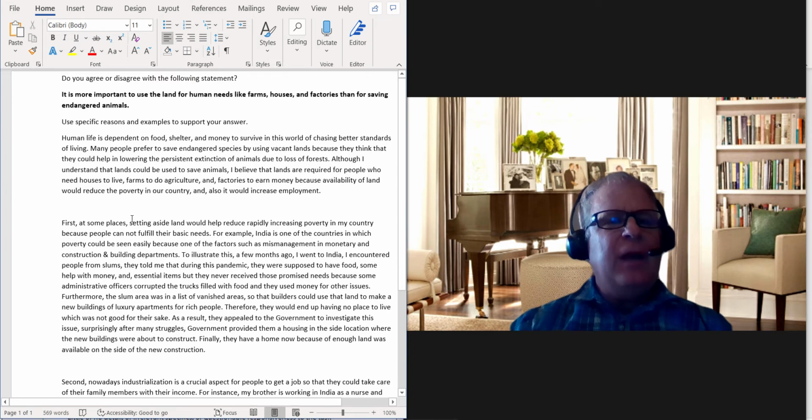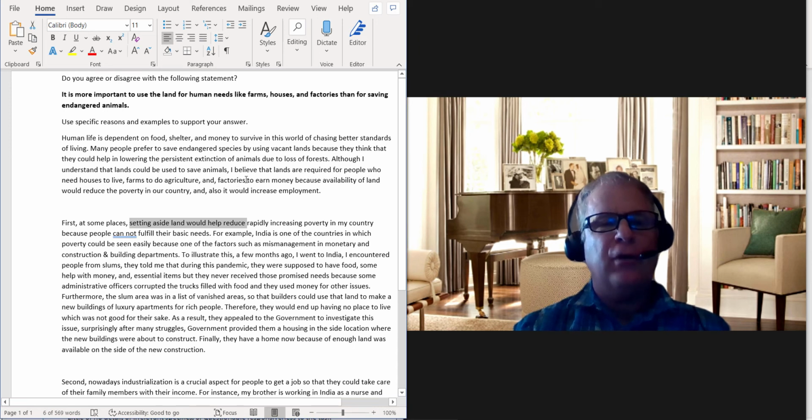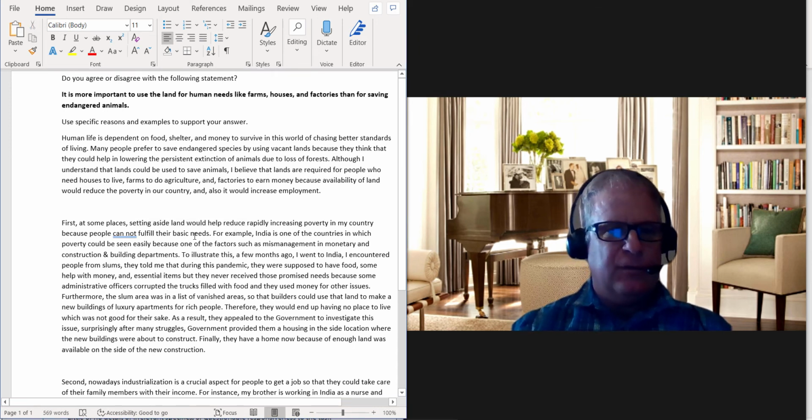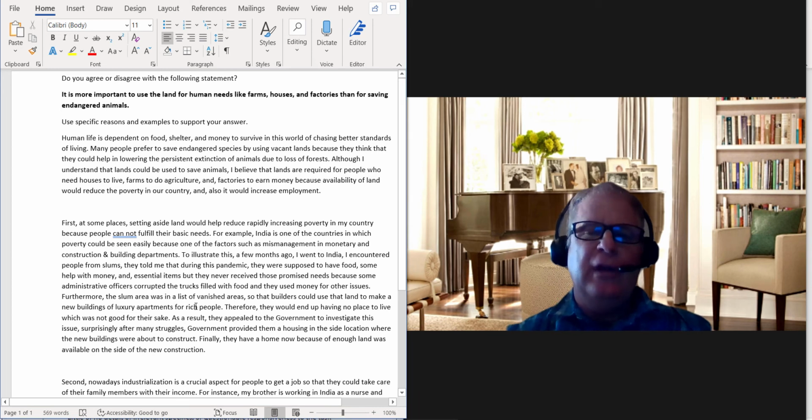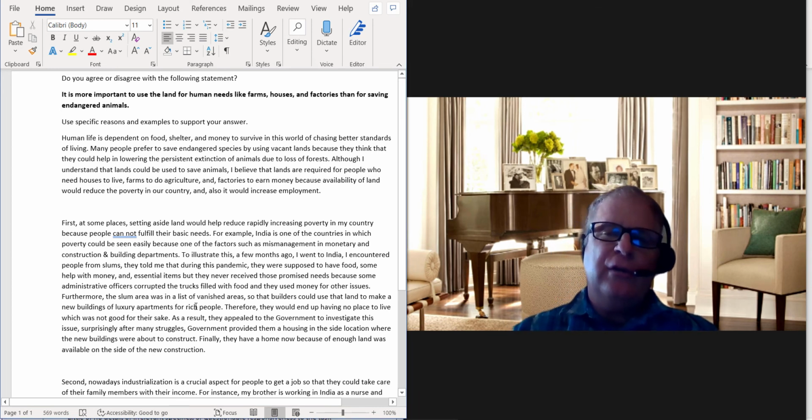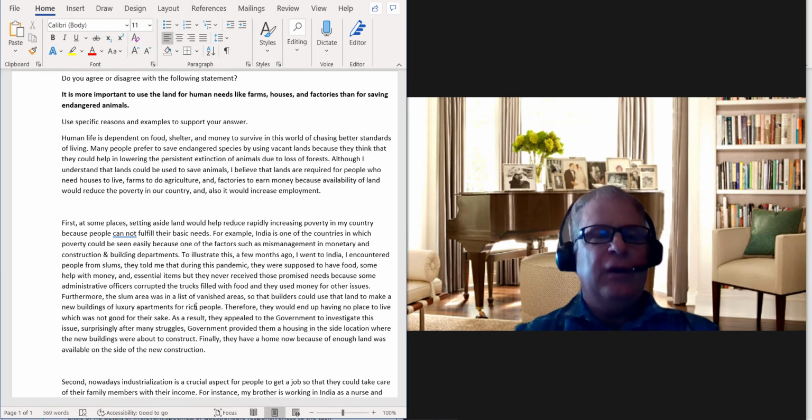So to me, you have to say something about the land. The land is part of the writing prompt. It's in your thesis, so it needs to be in these topic sentences. And then this particular paragraph needs to show, you're not doing this, but you need to show the causal relationship between setting aside land and then helping decrease the number of people who are poor in your country.